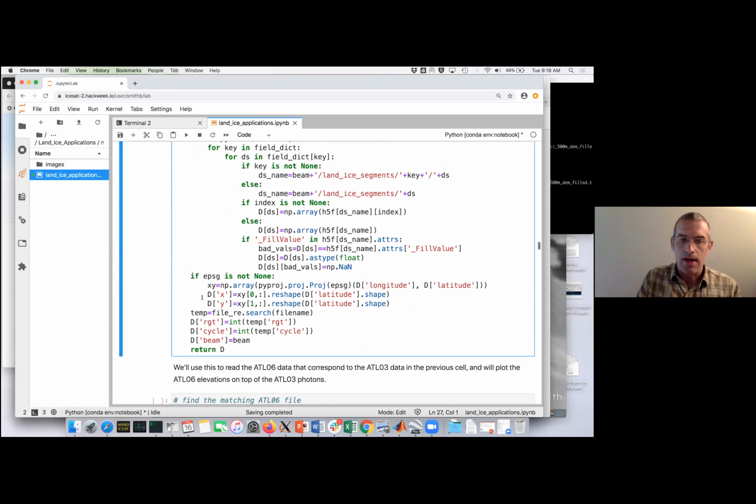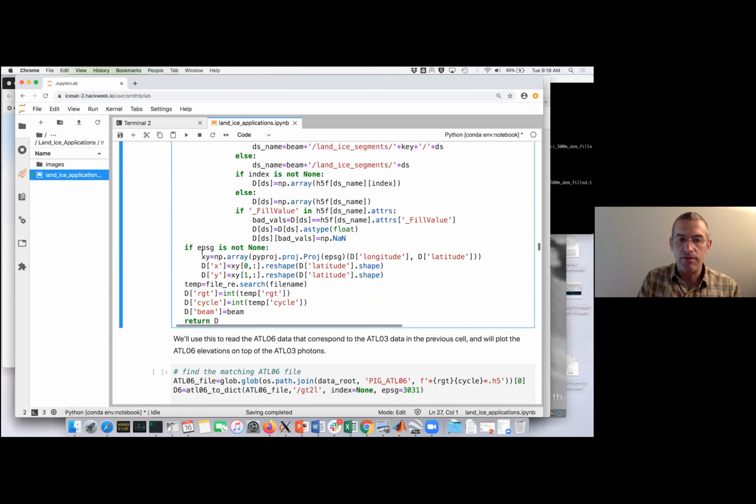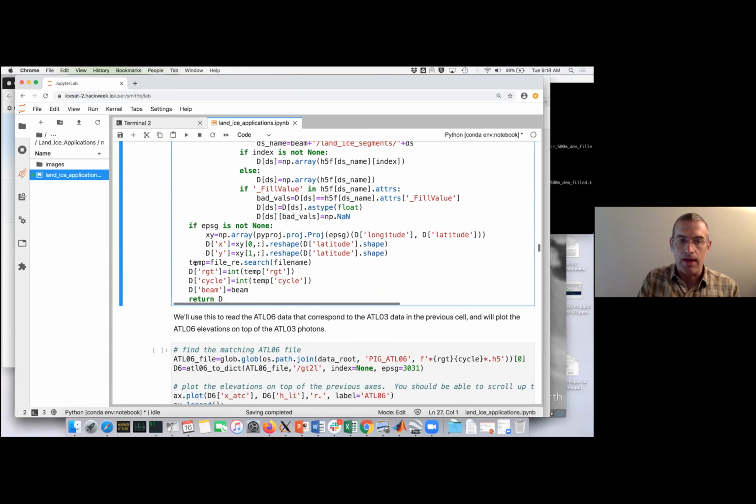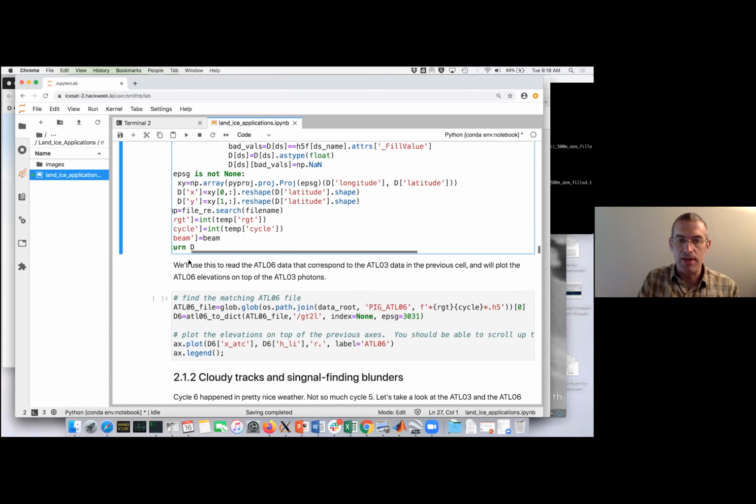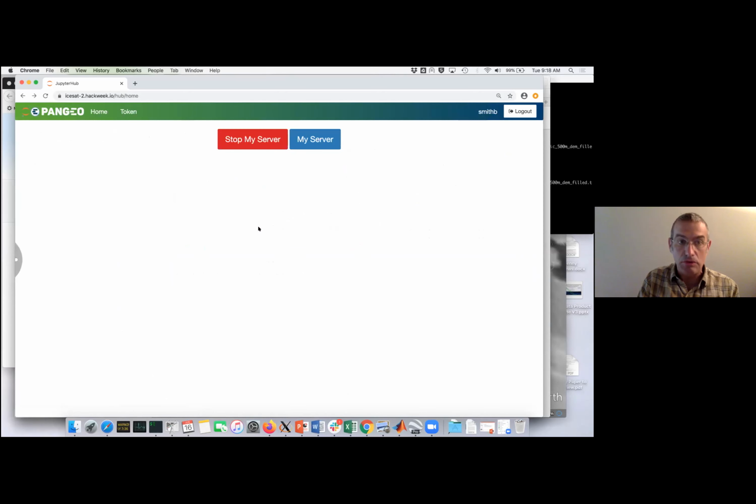Okay, and then after it's read the variables from the file, it uses PyProj to convert the latitude and longitudes into X and Y coordinates. And it stores the information that is pulled out of the file name as the repeat,